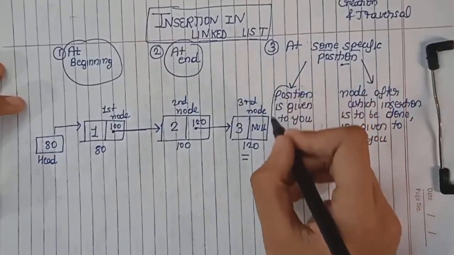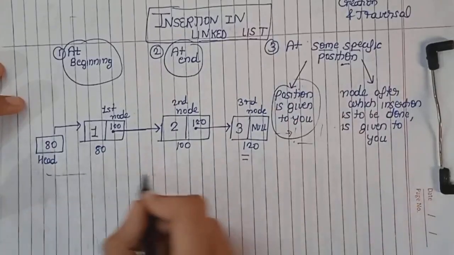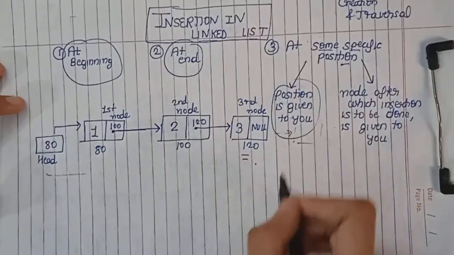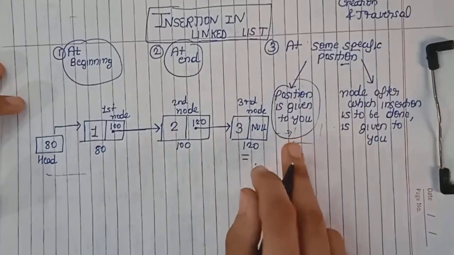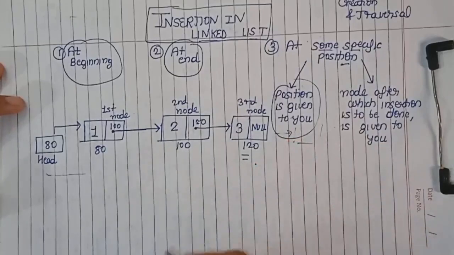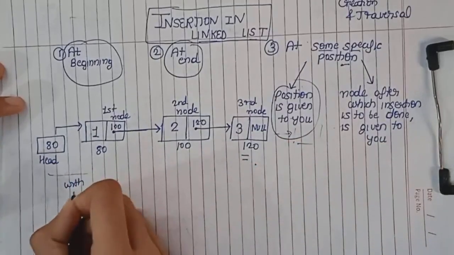The first way is when a position is given to you. It means that the linked list is given to you and they are asking you to insert a new node, let's say with data value 5,